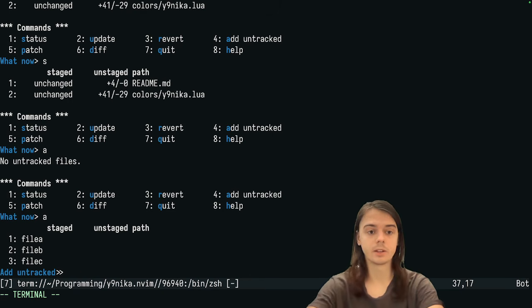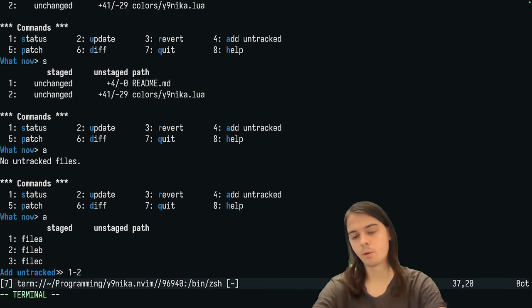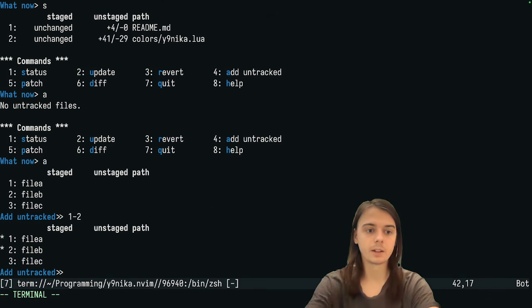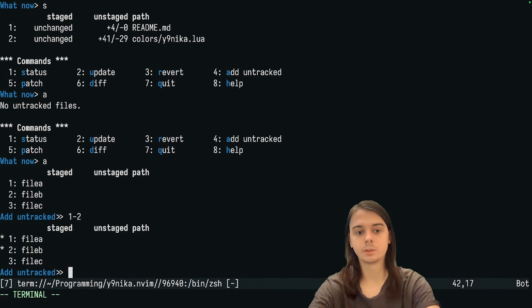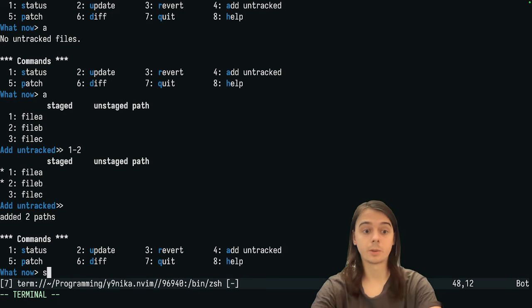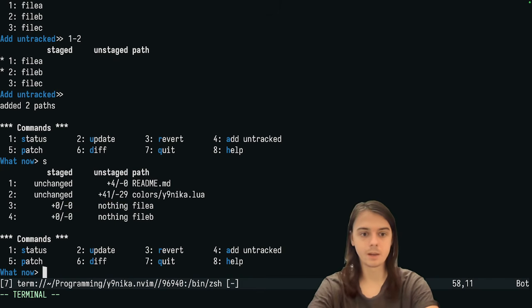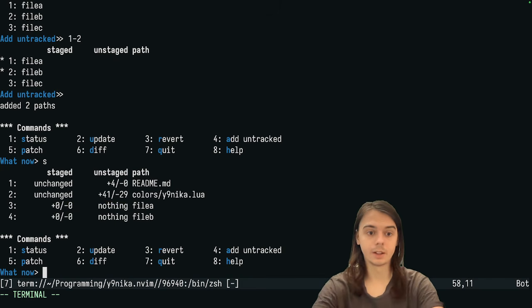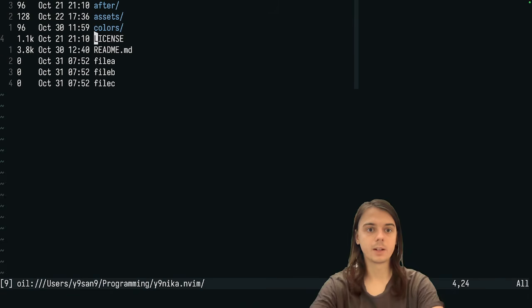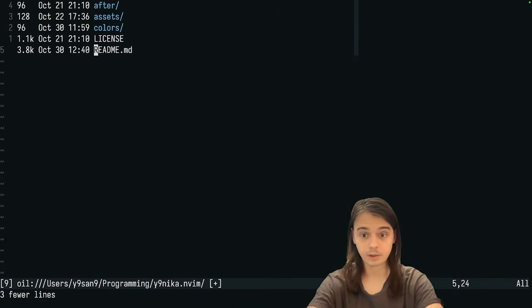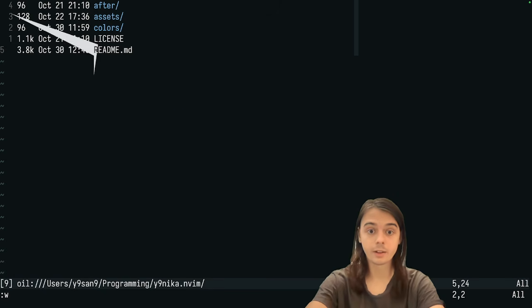So you can say from the first to the second, and then first and second are added to the commit, right? And we're checking status. Status now includes file A and file B, which are empty, right? So it's pretty convenient. But let me remove those files because we're not going to commit anything new to that